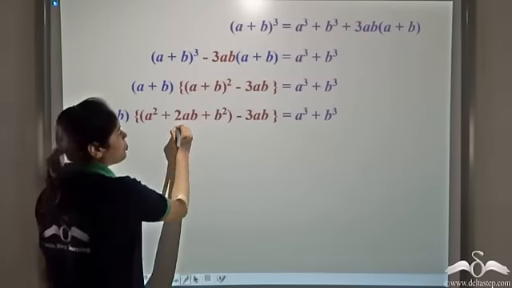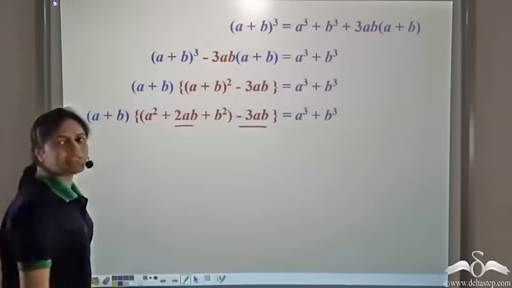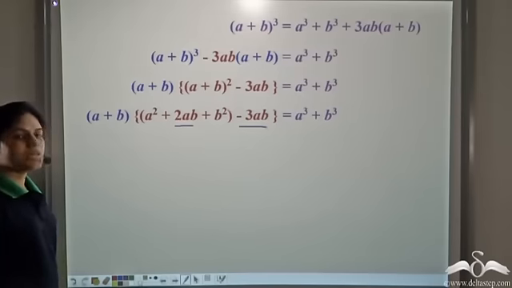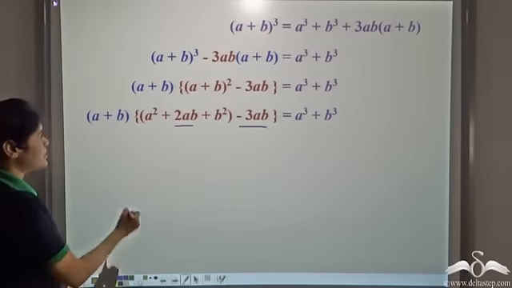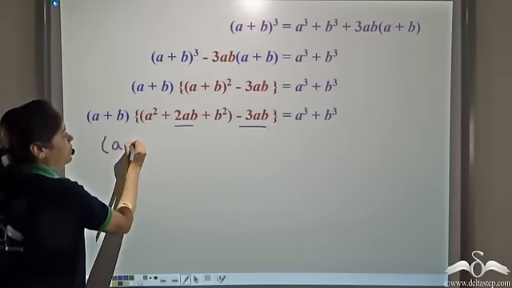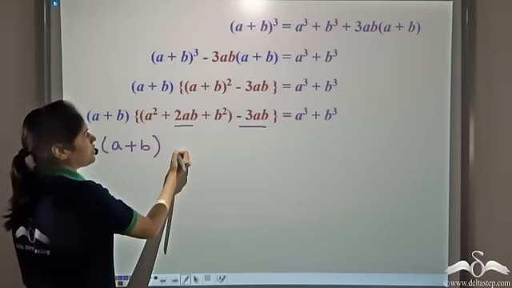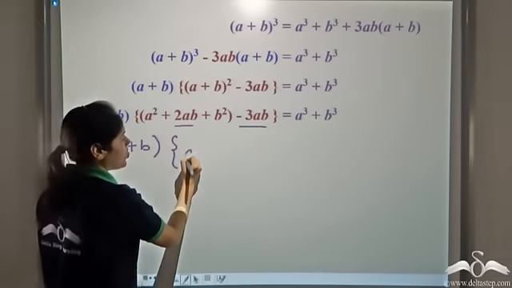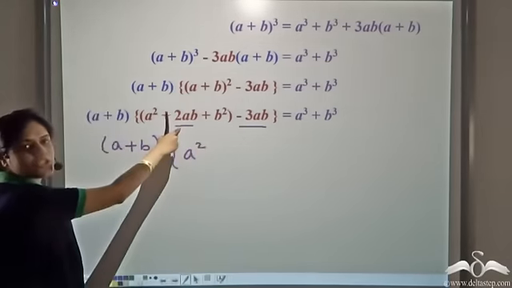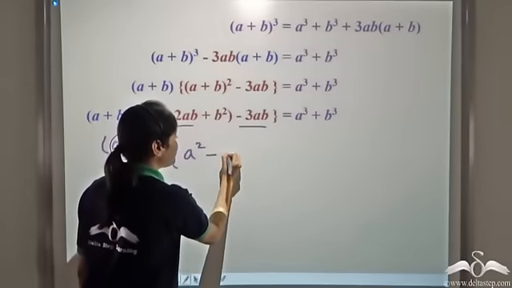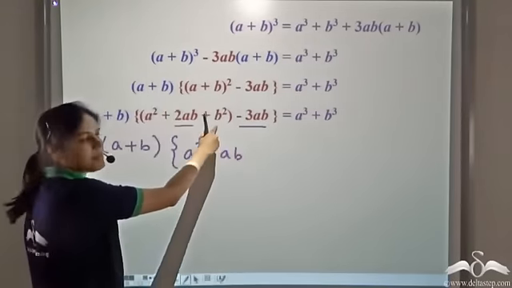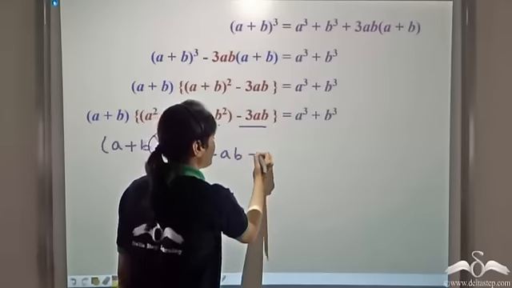Now here plus 2ab and minus 3ab are like terms, so we can combine these terms. So we get a plus b into a square plus 2ab minus 3ab gives us minus ab